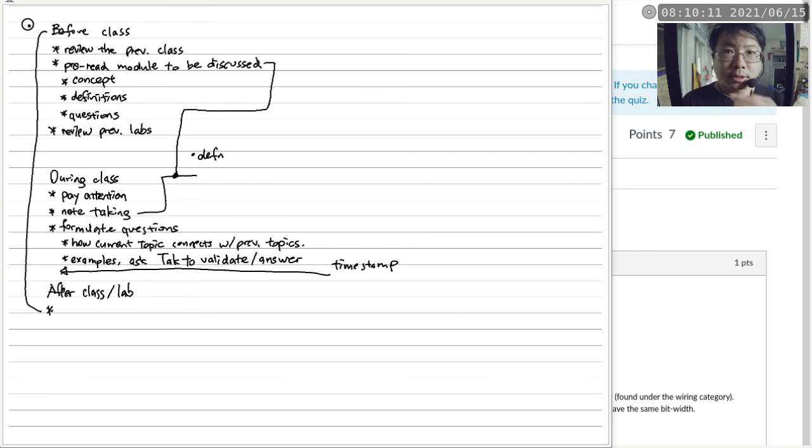Let's say this is a future topic, and I just announced that now we're going to talk about the overflow flag. You tell yourself, this is the first time in the lecture that Tech is talking about the overflow flag. I pre-read the module, it is something important, but I'm not 100% sure how it works. Then you might want to jot down the time. I'm just going to use the current time as an example: at 8:10, on whatever date, Tech talked about the overflow flag. That will allow you in the future to go back to a lecture and to a very specific point, off by maybe a minute at the most, and you can just rewatch